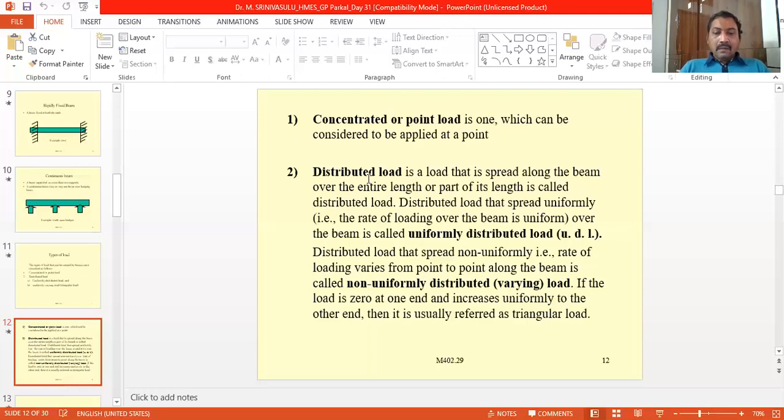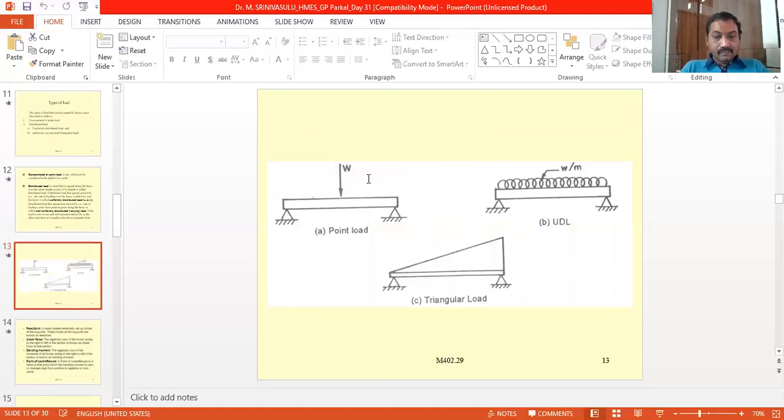And that uniformly varying load is the case of the triangular load. That is, first of all, UDL, uniformly distributed load, means it is a rectangular load. Rectangular means the width will always be the same. And uniformly varying load means at one point it is zero, at the other point it is at the maximum. That is a triangular load or a trapezoidal load, like that. And now these are the figures